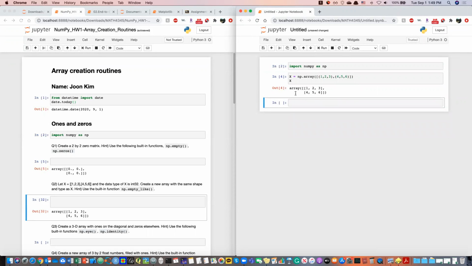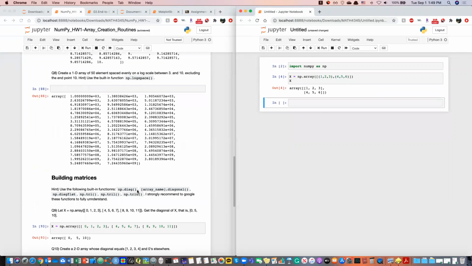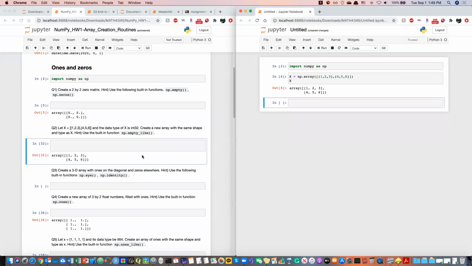Okay, so we check your answer with the right answer in the homework Python notebook. Okay, so it's correct, and then just move to the next question. Now you see how to do it. And if you don't get it, I mean, you didn't get what argument we have to put inside the parentheses,